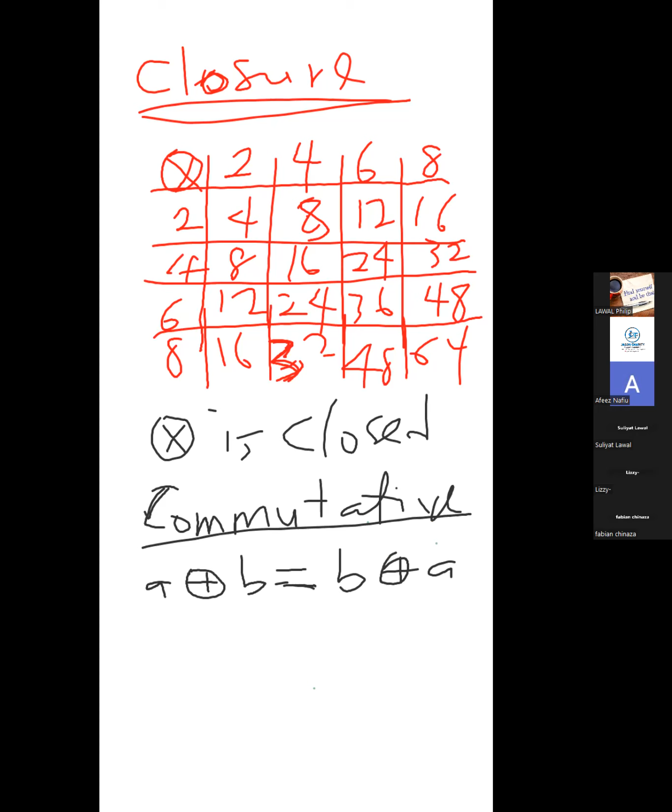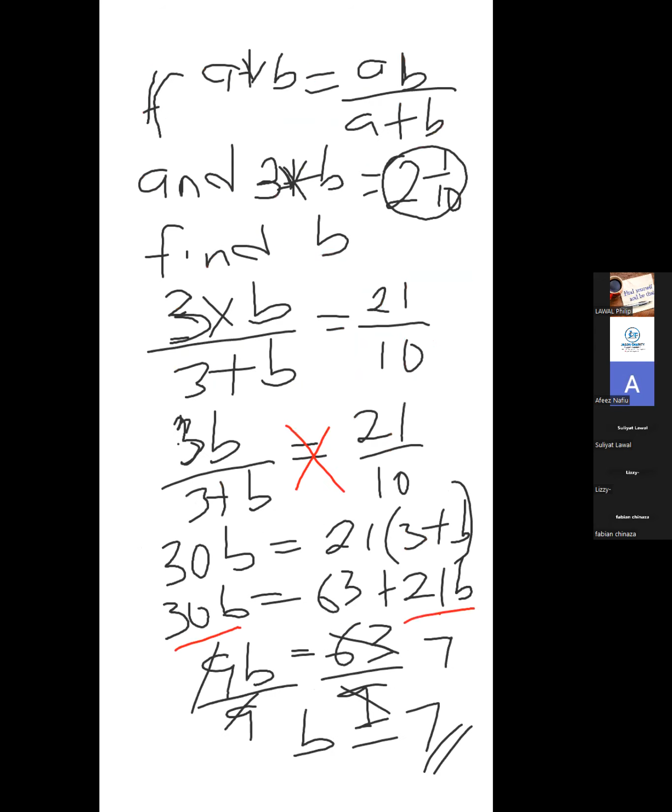Again, I want to go back to the first slide I showed you, this slide. If I decide to put 7 first and put 3 next, this operation will be commutative. It is not closed under the operation, under the set of whole numbers, but it is commutative. Because now my A is representing 3, my B